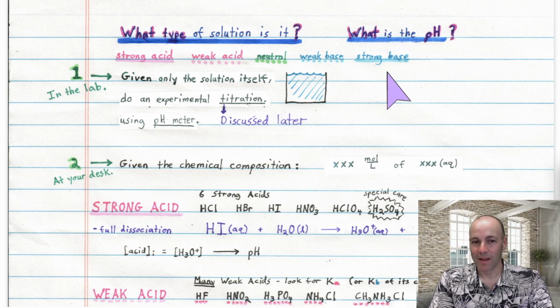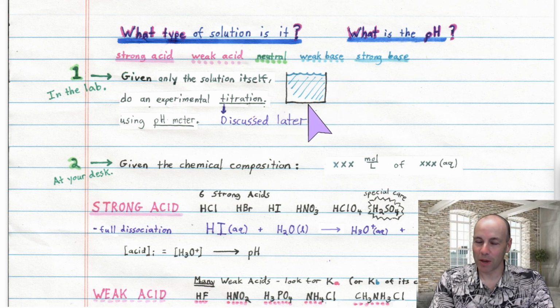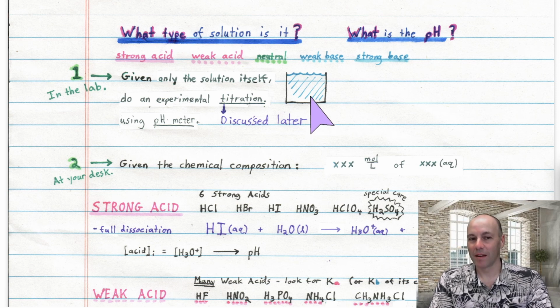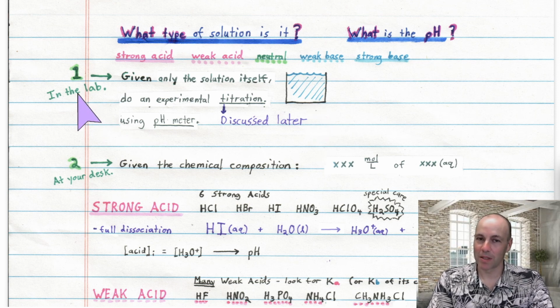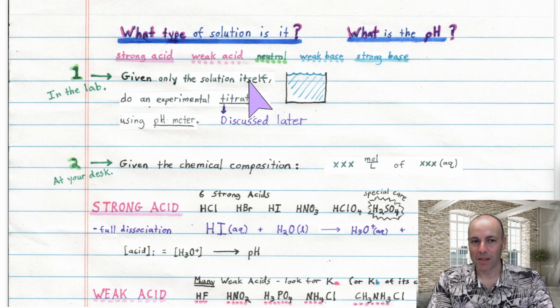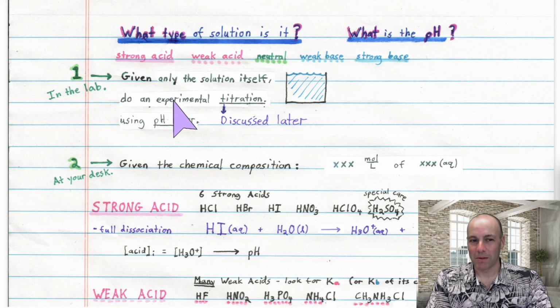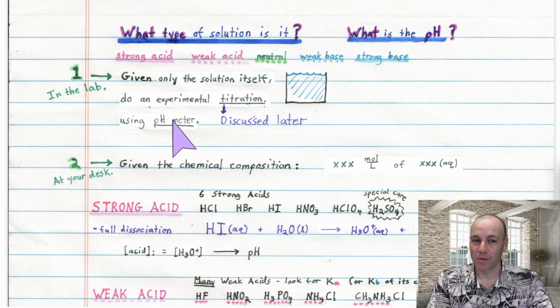Well, it depends. If someone gives you an actual beaker containing this solution, but they don't tell you anything else, then you're going to have to go into the laboratory to answer these questions and to put it into the appropriate category. And given only the solution itself, you'll probably be doing an experimental titration using a pH meter. So this method with that tool will help you put it into the appropriate category and allow you to determine